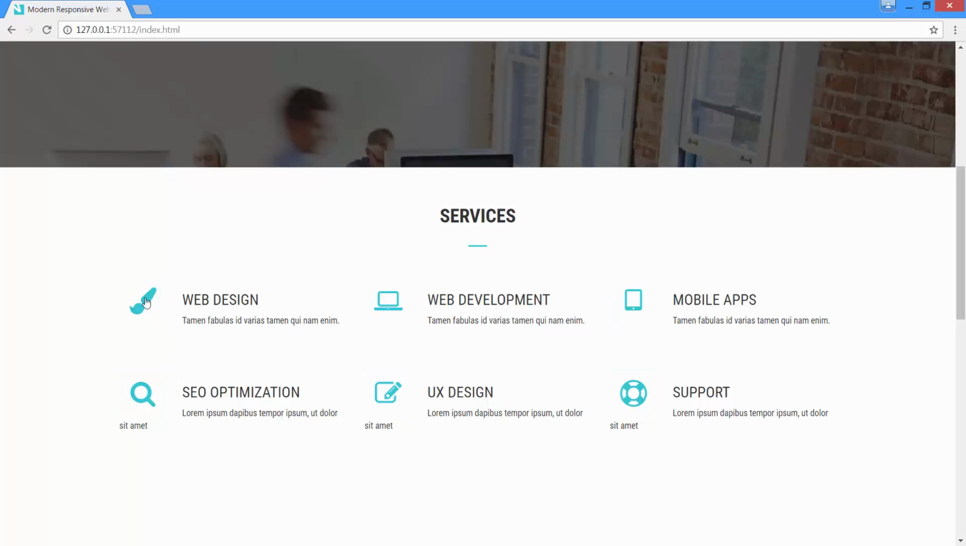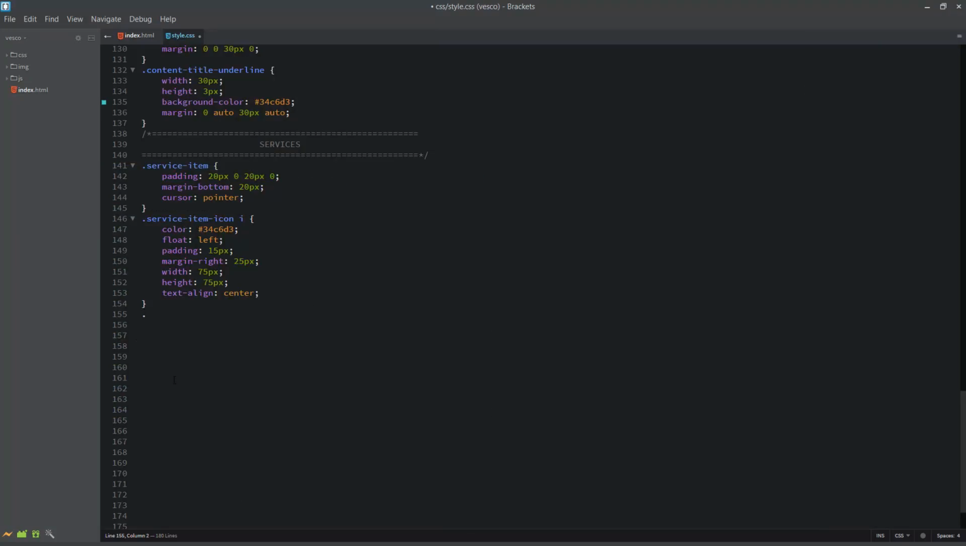Next, we will change the color and the background color for an icon on mouse hover of service item. I mean, when user mouse hover on service item, the color and the background color for an icon will be changed. Let me show you how we can achieve such functionality. I'll select the service item and I'll use the CSS hover pseudo class on service item, and after that I'll write the service item icon,